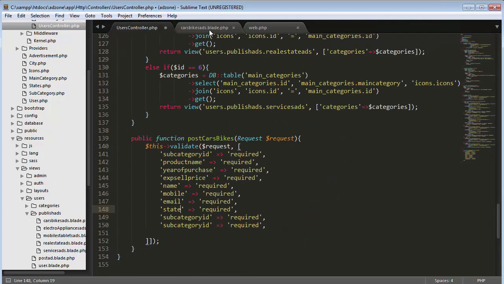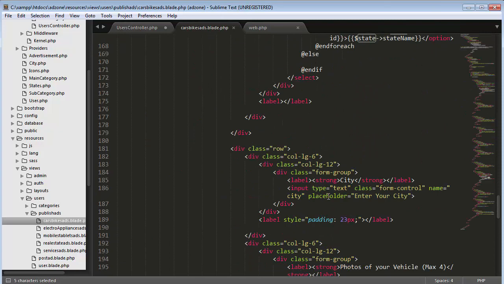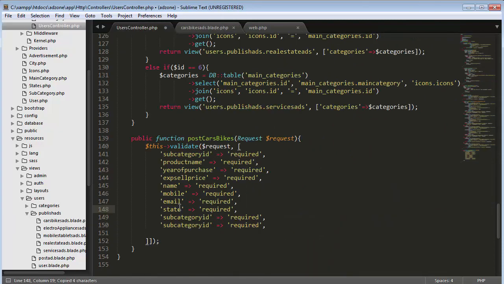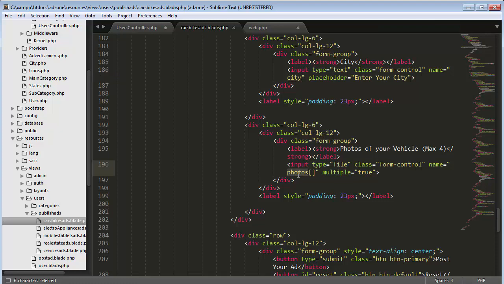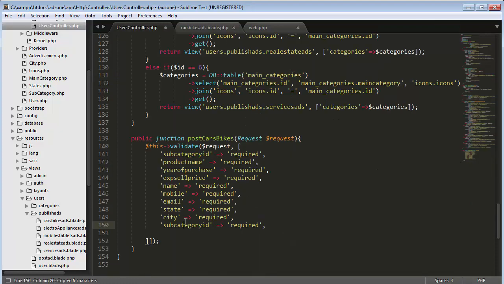Okay, state is over, and then city, and then now the last one is photos. This one is also required. Okay, and one more thing you need to do: photos.*